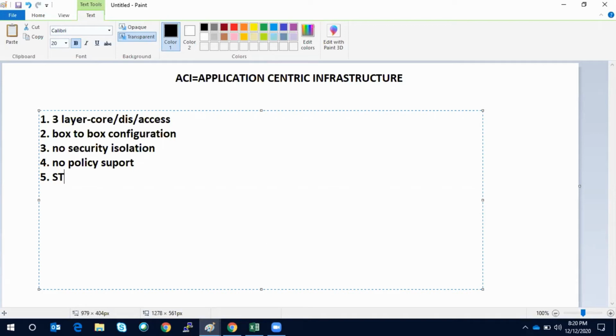STP issue. No underlay versus overlay concept.